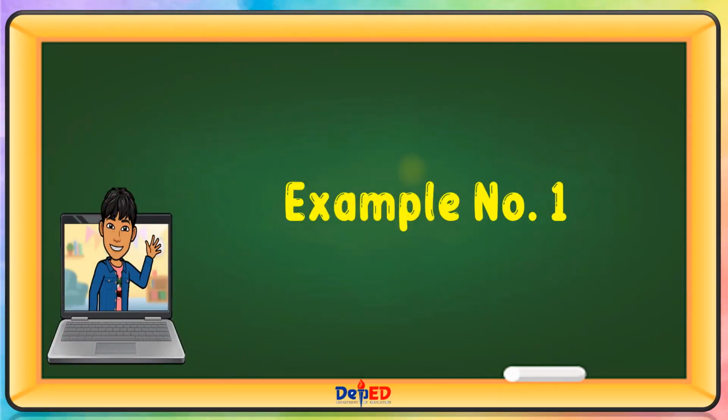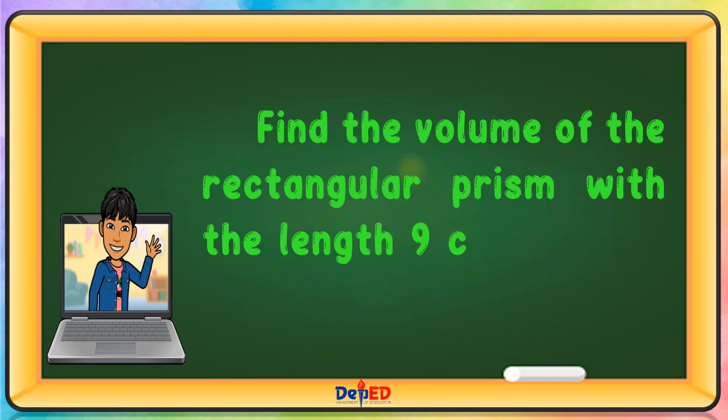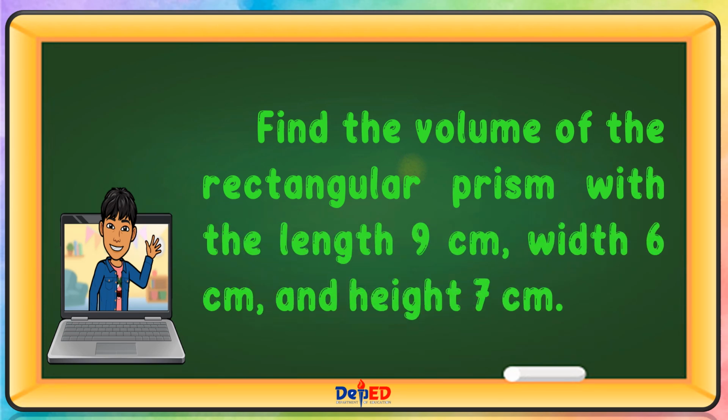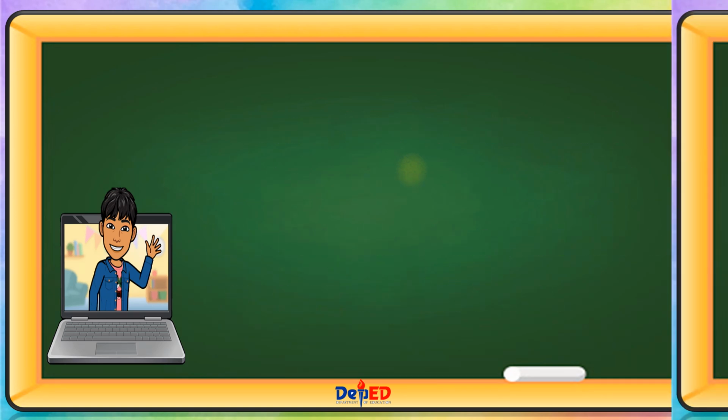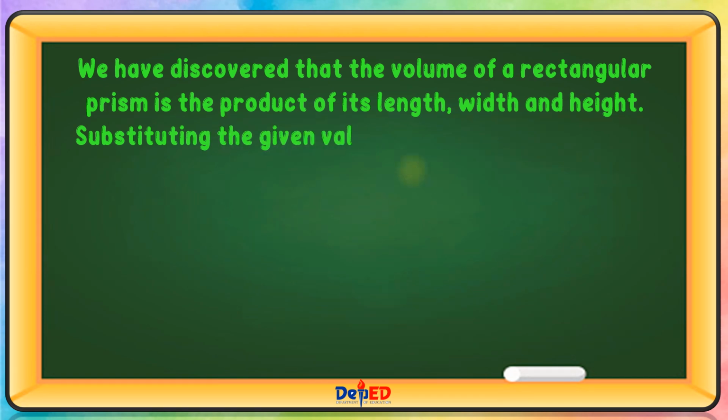Example number 1. Find the volume of the rectangular prism with the length 9 cm, width 6 cm, and height 7 cm. We have discovered that the volume of a rectangular prism is the product of its length, width, and height. Substituting the given values to our formula, we have